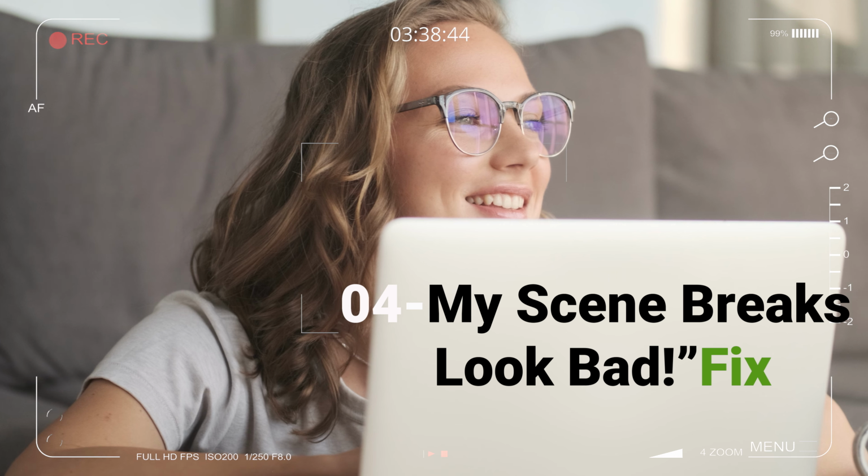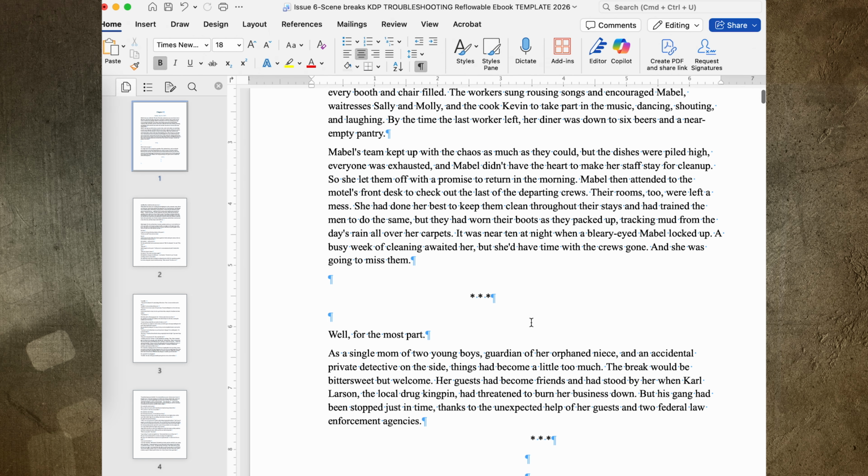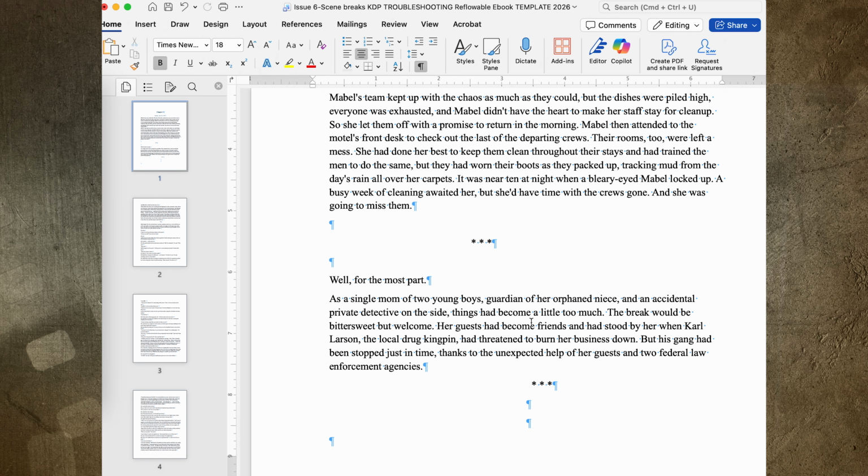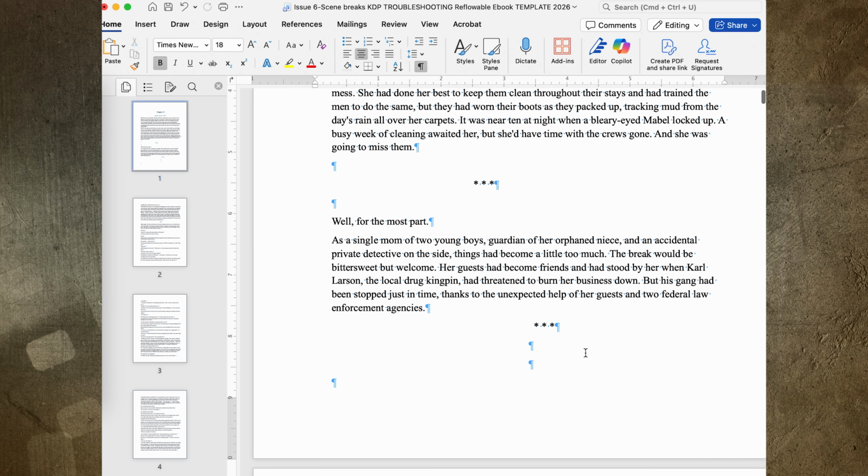Now, this is a very common error. You're going to want to put in some scene breaks, but they're going to be spaced throughout the document. I just have it in one page for an example. And you can tell that when I click on the formatting button, I might have a single space here, or